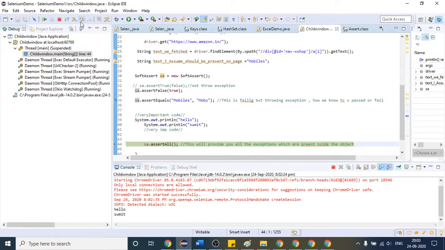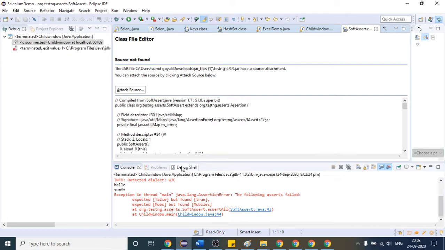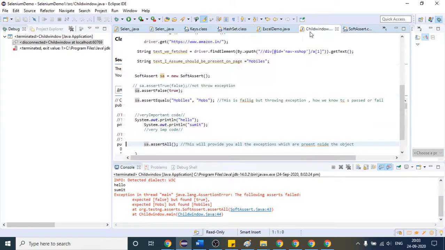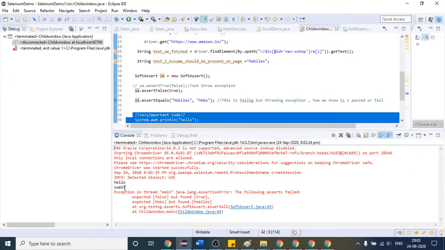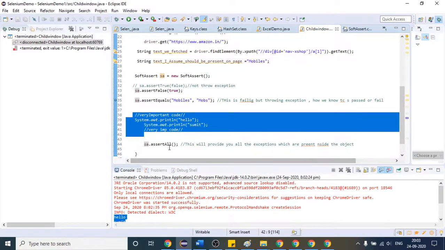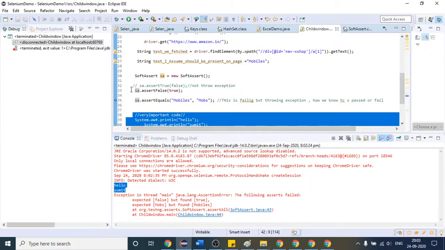After that, if I execute my important code, I am using this method sa.assertAll. Let me click on resume and see what will happen. You can see this time, let me open that. Again this is our important code, and it has executed. After that we are using this assert all method. That assert all method will display all the assertion failures which came in your code. So here it came at line 33.